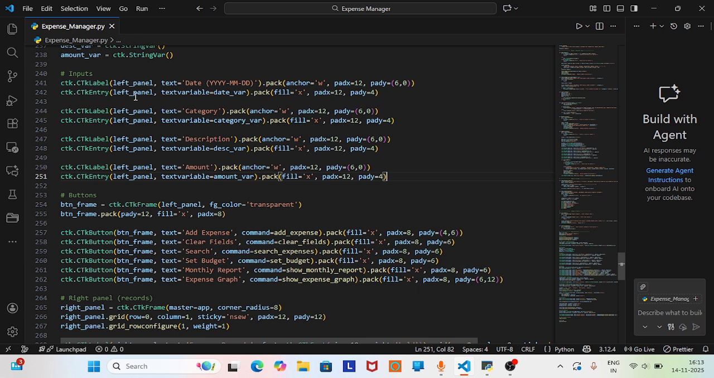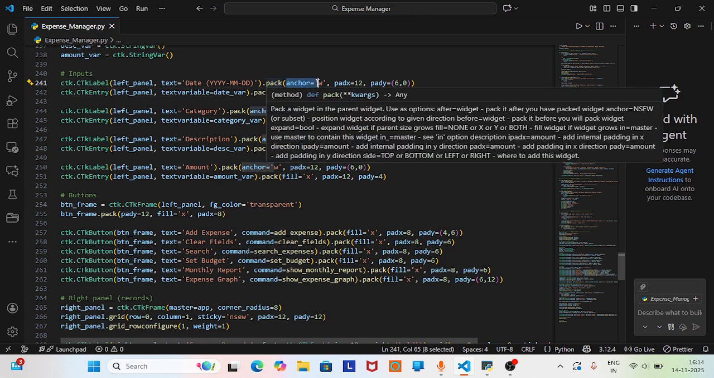as the left panel, and then the text as date one with the example of how it should be given, and then on the date variable, and then we have packed them one by one in steady order, like you can see, with this particular pad x and pad y, and fill it to the X side entry like there, and anchor with the W side. Okay,